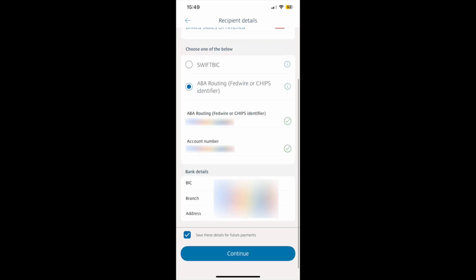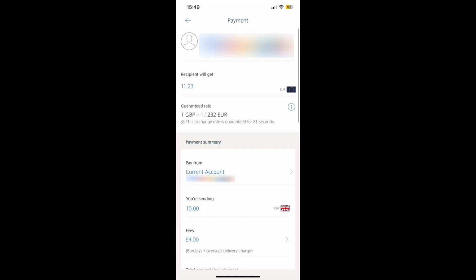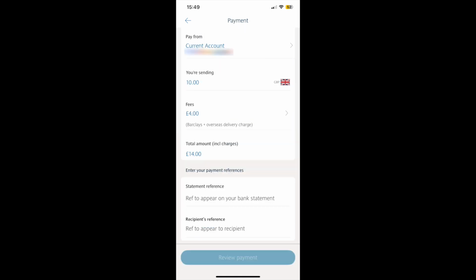And then once you've selected the account, you can then go ahead and review your transfer, and it is as simple as that. And if you're ready, you can go ahead and press review, and your money will then be